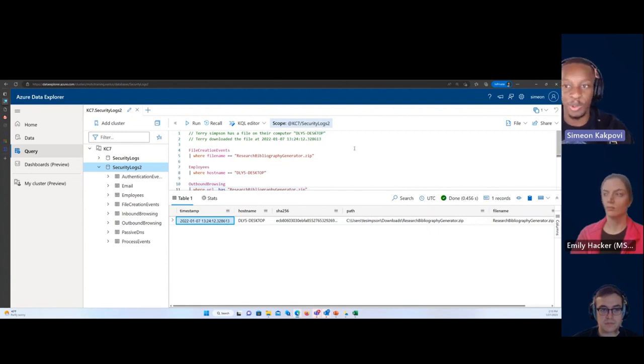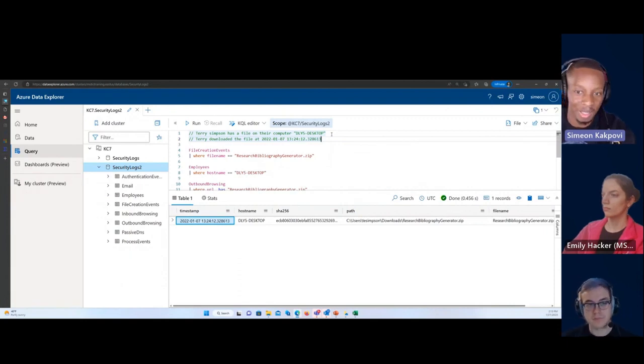In the real world, if you're working in the SOC, your boss is breathing down your neck saying, hey, someone downloaded a file that could be potentially malicious. So you have to figure out, okay, what don't I know? Is the file actually malicious or is it not? How did it get there? What did the user do? Is it targeted? Did they get it by accident? What is happening? And so we're trying to build out all those questions.